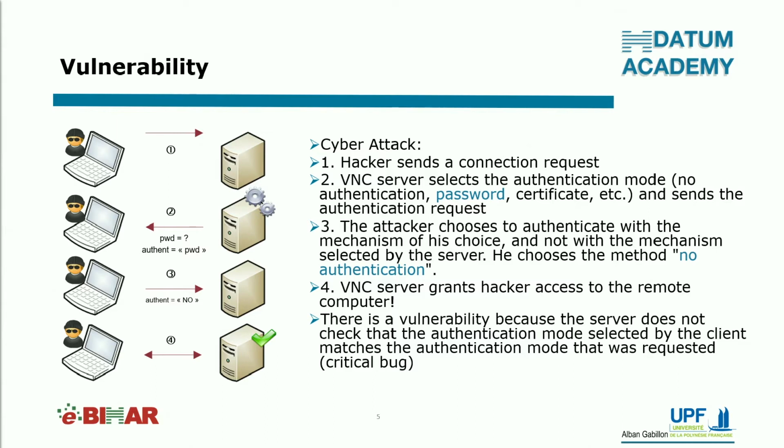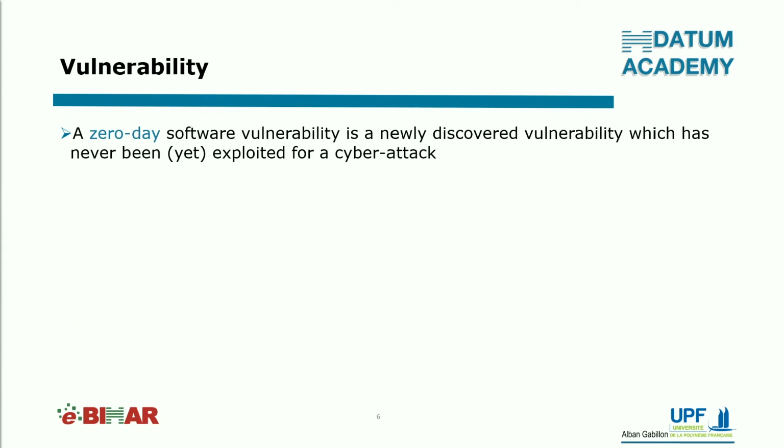So this was a small example to give an idea of a software vulnerability. That one was a very serious vulnerability, easy to discover and to exploit. Very often the vulnerabilities are more difficult to detect and to exploit. When a vulnerability in a given piece of software has been exploited several times during several cyber attacks, the software editor is alerted and eventually fixes the vulnerability. The VNC vulnerability that we presented can no longer be exploited. It has been fixed in more recent versions of the VNC application.